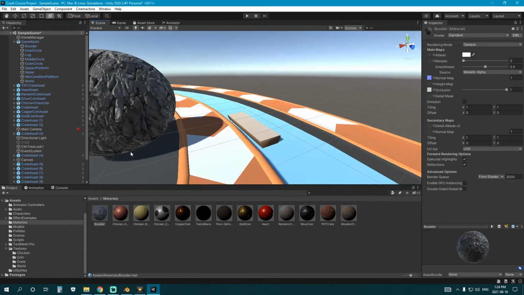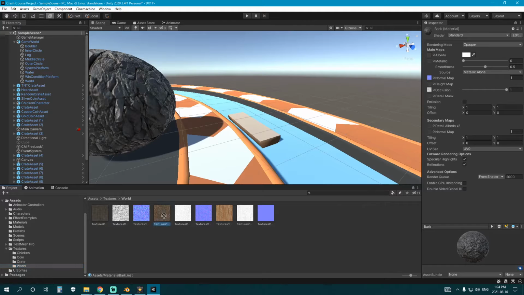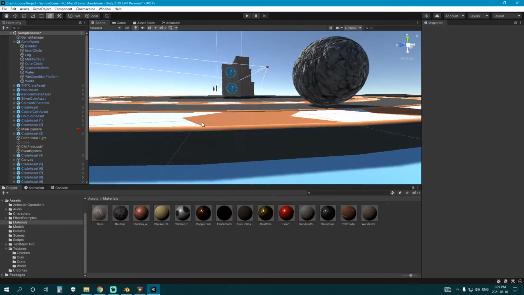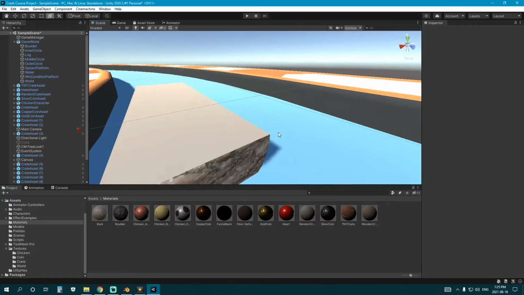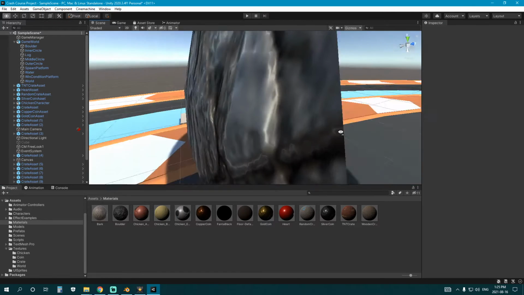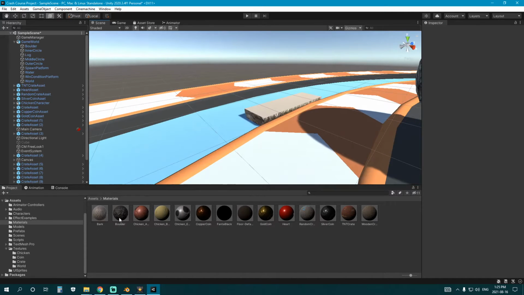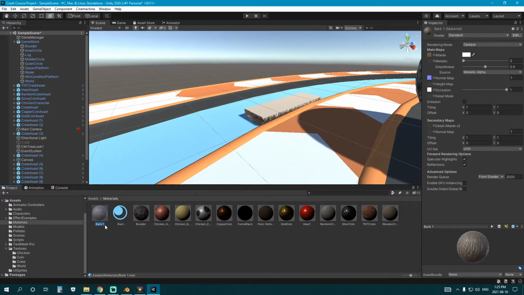First, let's see if we need to do anything else. I'm going to duplicate this boulder, rename this spark. Drag these in for this one. Okay, so yeah, that makes sense. So I'll just change these faces to be the same material as the open wood. Just call this one wood. Bring